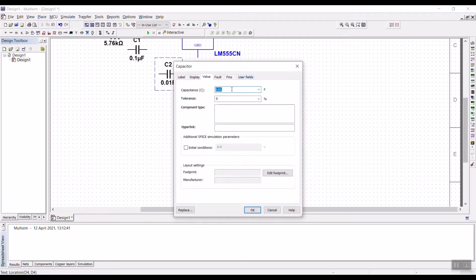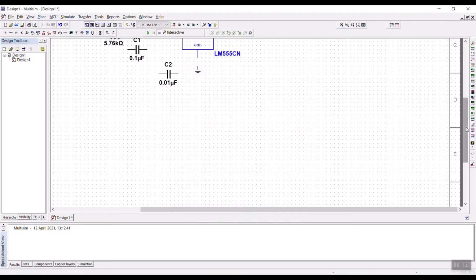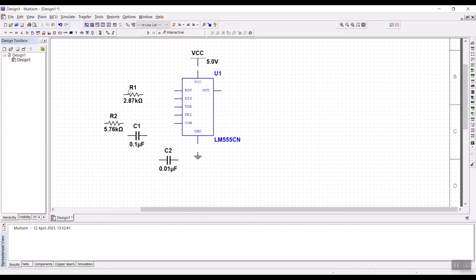Just double click on that and you'll get this option. Just drop and drag and you'll get this new option. Make sure that you don't erase the mu part because you won't be able to type it in with your keyboard. So just type in 0.01 μF. So this is done. Now do the connection. Just select it, then do Ctrl R to rotate it. Select the component and Ctrl R so you can rotate it.